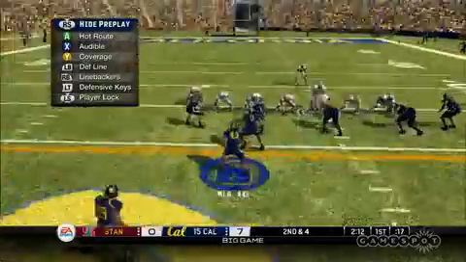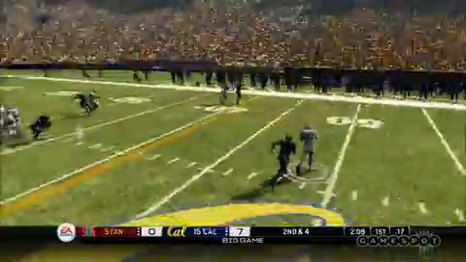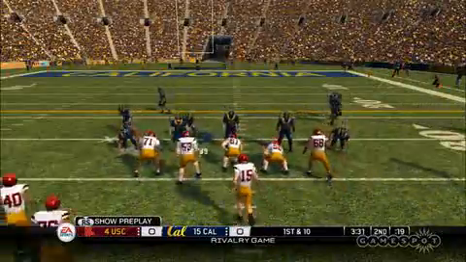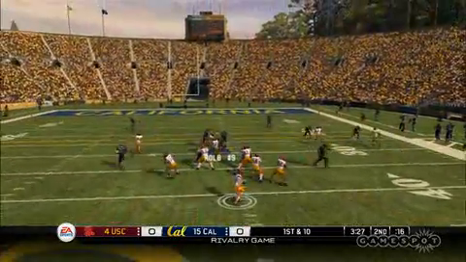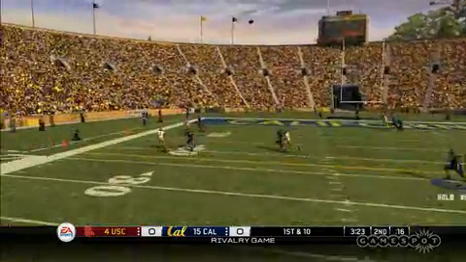On defense, NCAA 10 gives you a lot of tools to help play the game properly. One such tool is the defensive assist, which puts your defensive player back into proper positioning on the field, and it's especially useful when engaged in zone coverage. Normally, this kind of option might seem like a cheat, but it's more of a tool to help those players